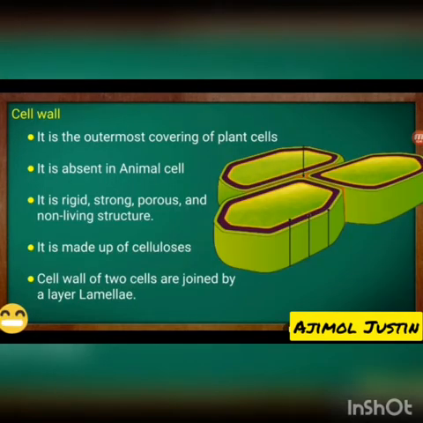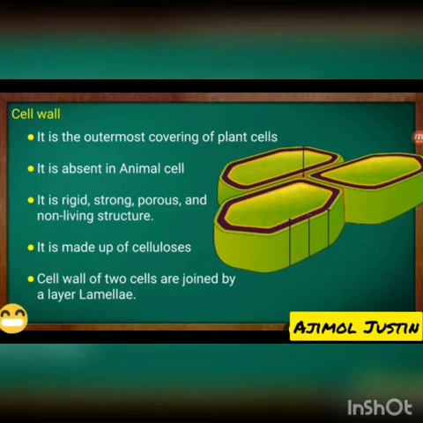Now let us learn the next part, cell wall. What is a cell wall? It is the outermost covering of a plant cell. It cannot be found in animal cell. It is only a covering found in plant cell. It is rigid. Rigid means you cannot break it. Strong. Porous. Porous means it has holes in it. And non-living structure. It is made up of cellulose,